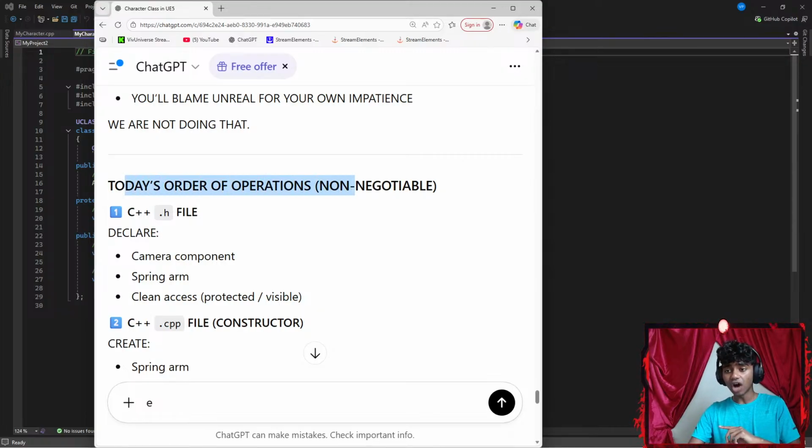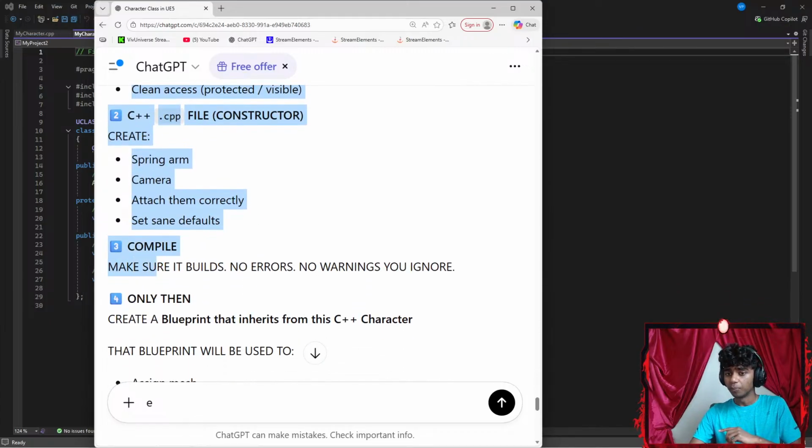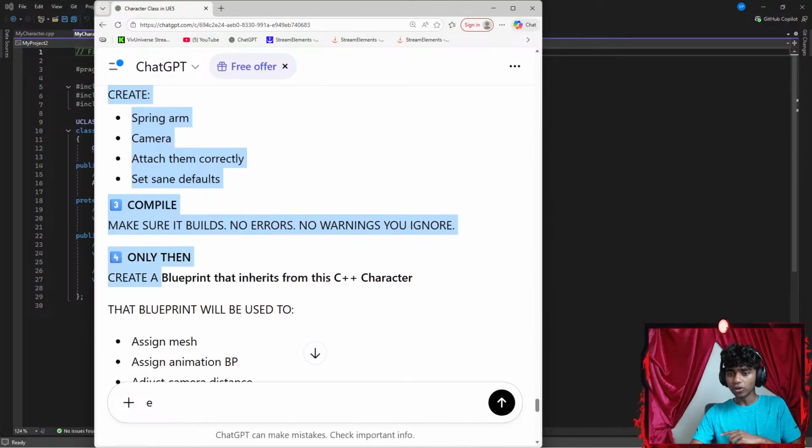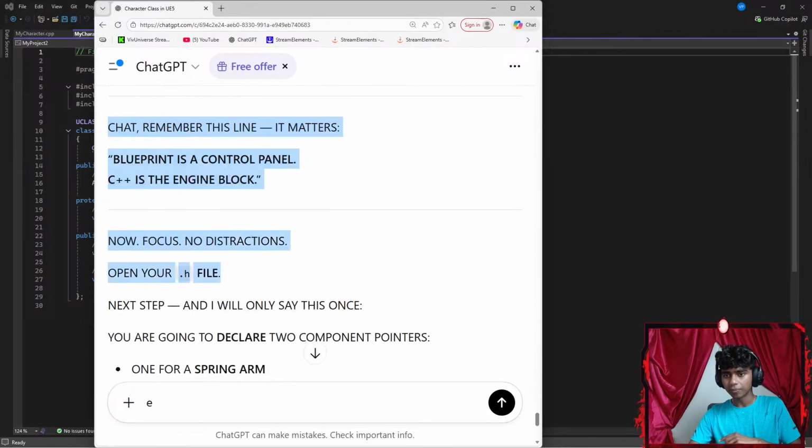That's it. Today's order of operations, non-negotiable: in the C++ .header file, declare camera components, spring arm, clean access, protected, visible. Then in the .cpp file constructor, create the spring arm and camera attachment. Compile, make sure it builds, no errors, no warnings you ignore. Only then create a blueprint that inherits from the C++ class. I see. Okay,